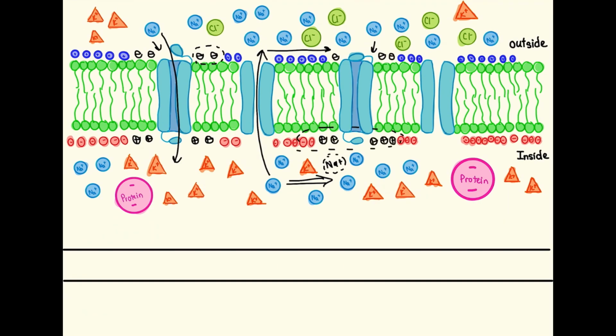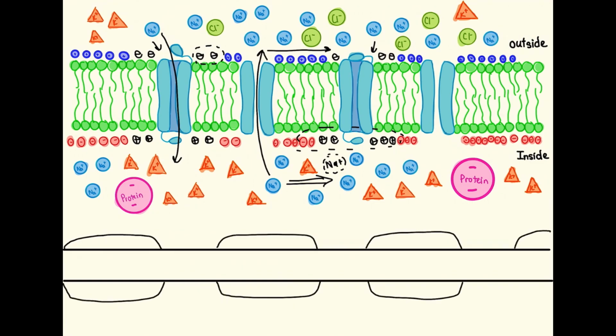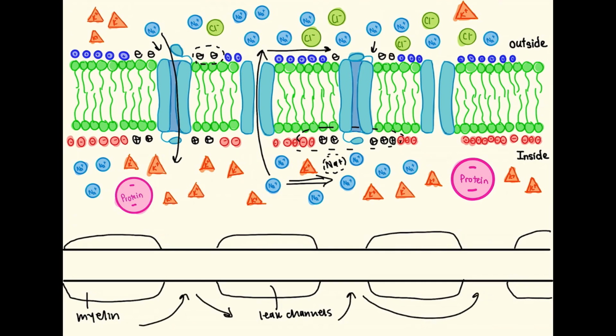The local current does not produce a strong enough depolarization to bring the membrane to threshold, so it takes time for the ions to build up again enough to conduct an action potential at the next sodium channel. However, axons usually have a myelin sheath that essentially blocks a lot of the leak channels, allowing the action potential to hop from one node to the next, and this maintains the strength of the action potential and increases the